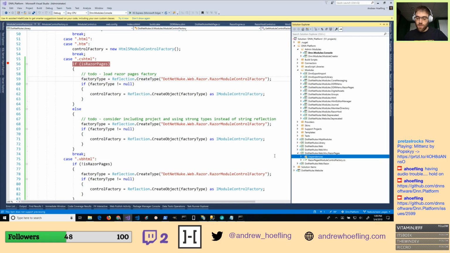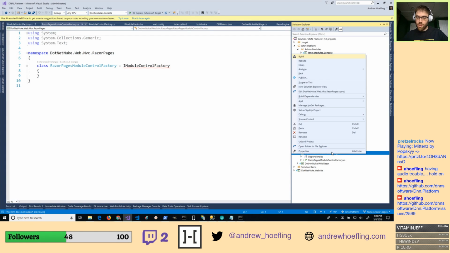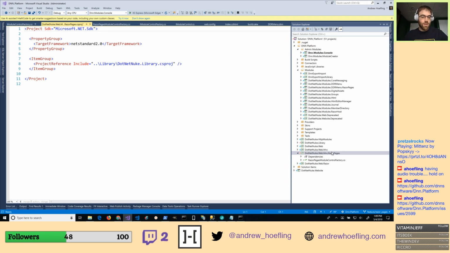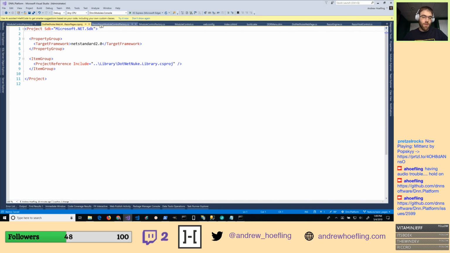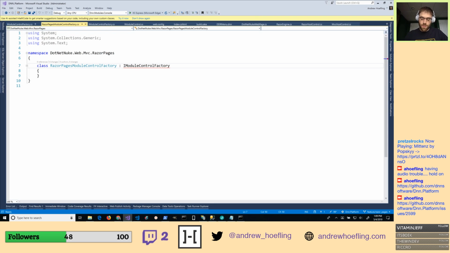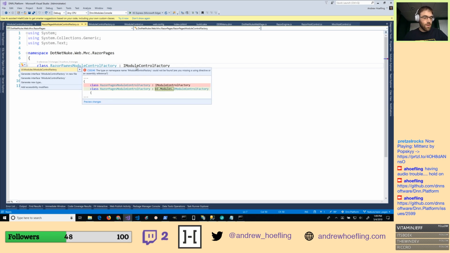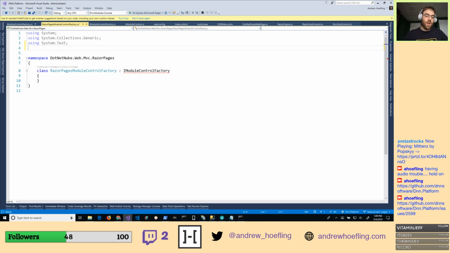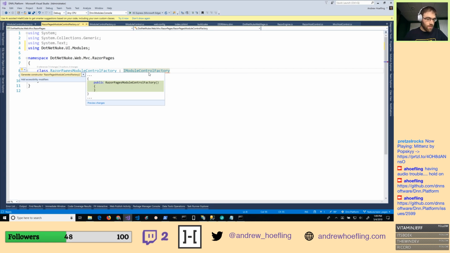This will get us access to our interface. And I just want to make sure I didn't mess with the CSProj here. Easy. Still .NET Standard 2.0. Perfect. This is just what we want. I can come in here and say using control factory. I don't want to do it that way, though. Oh, well, we'll just add the using statement by hand because Visual Studio doesn't like me. .NET UI modules control factory. We will implement our